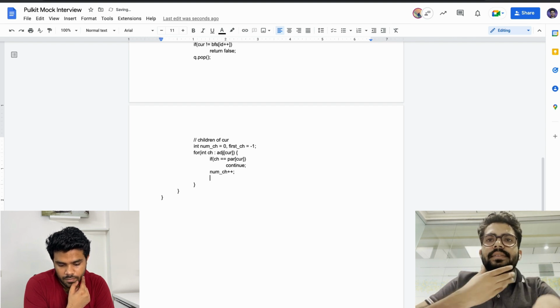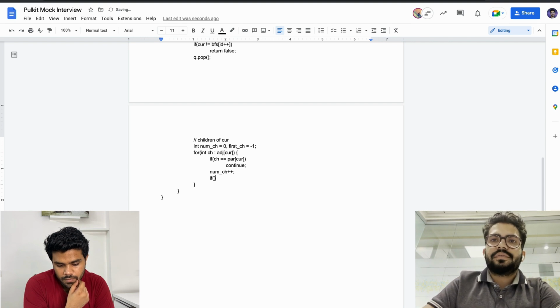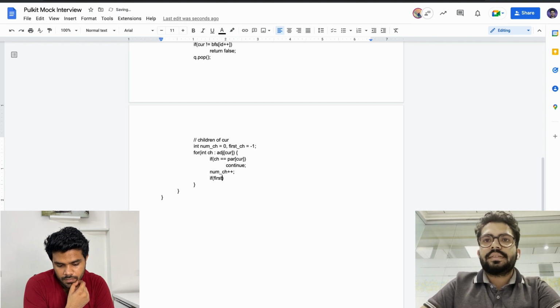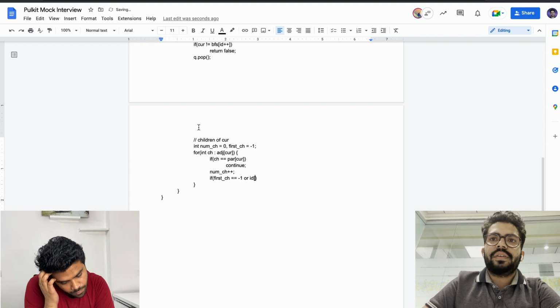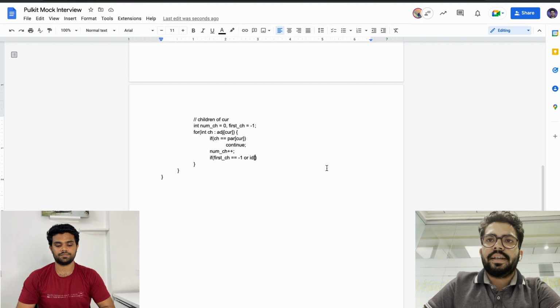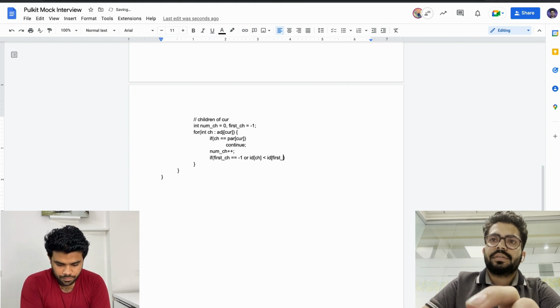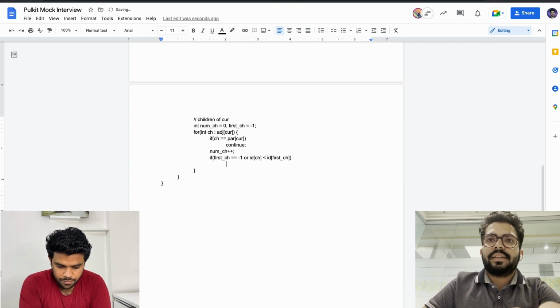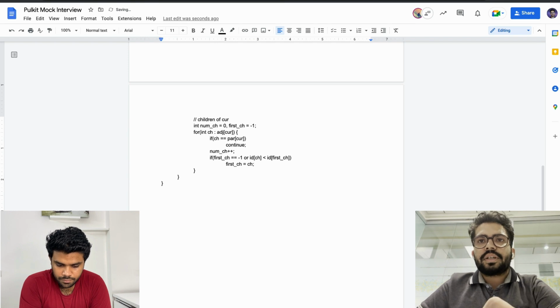And then if first child is equal to -1, or the ID of the current child is less than the ID of the first child that I have stored as of now, I will update the first child to be the current child.